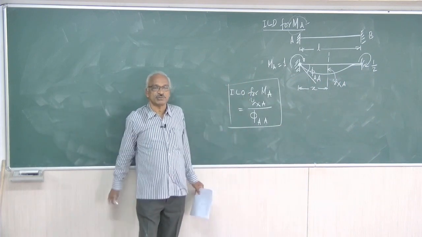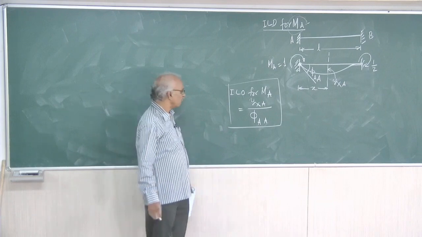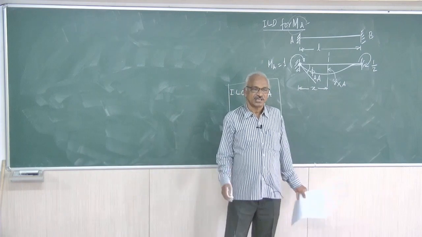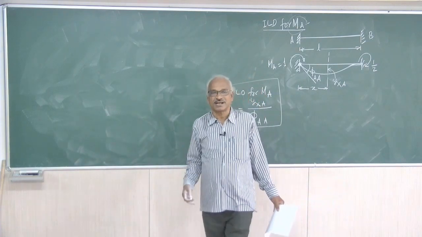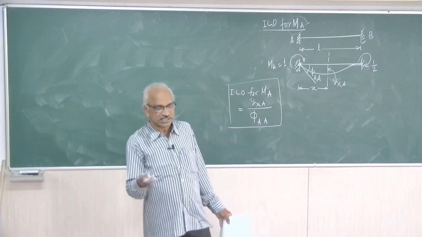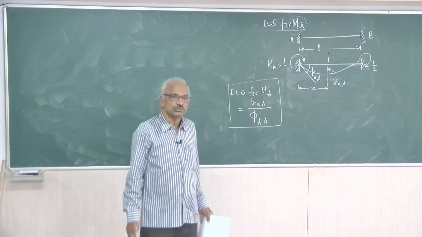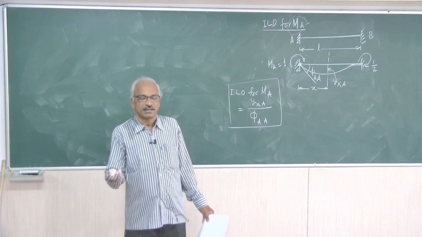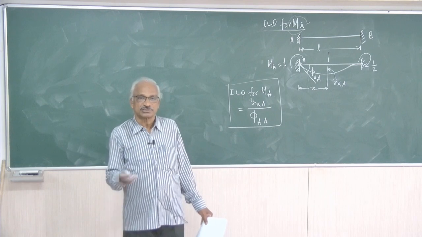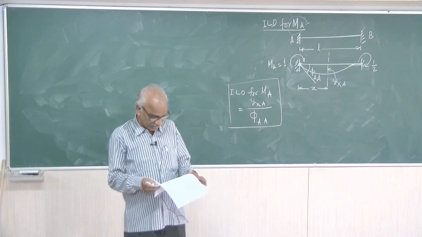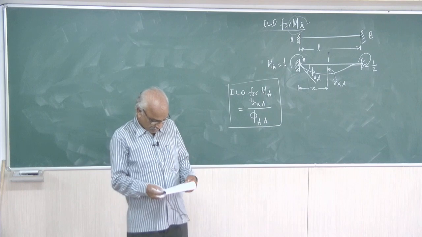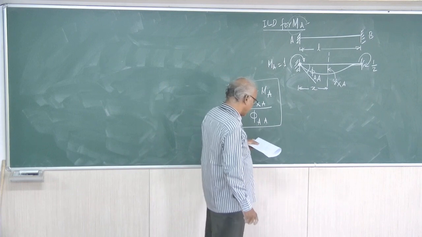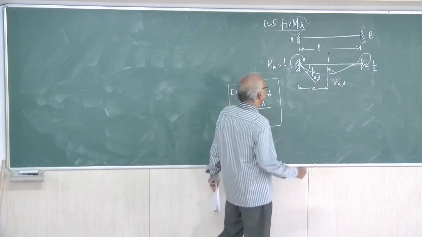Now, hereafter it is only a question of application. We want the value of Yxa, we want the value of phi A. For that you can apply any classical method that you know. As I told earlier, the authors used Michaelis method, but we find that the double integration method is convenient. So, we have tried using the double integration method. Now for this, suppose you take the beam.